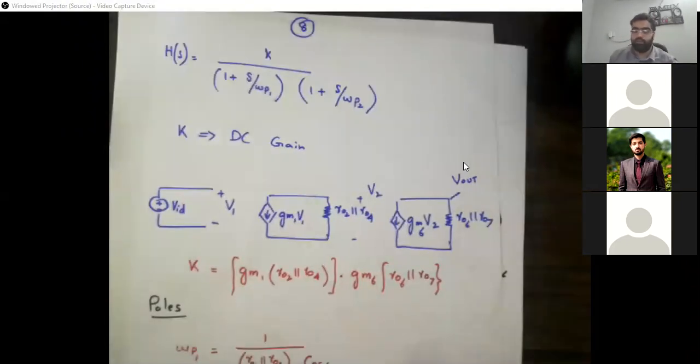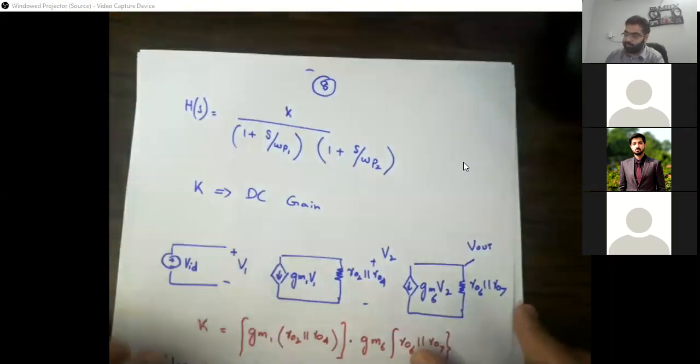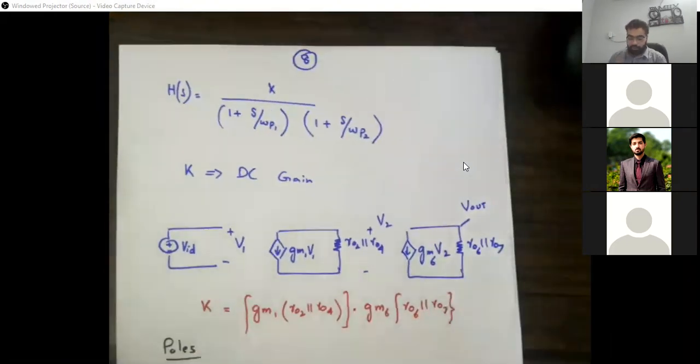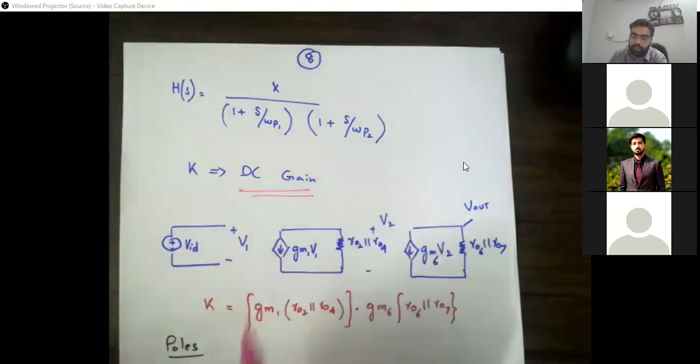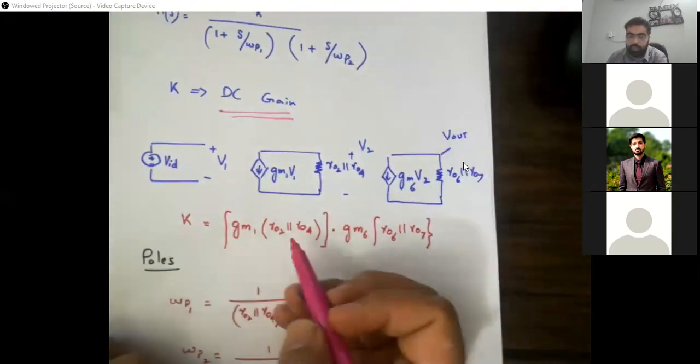Right. So first we just need to find the DC gain. What will the DC gain be here? It's a little bit straightforward since we already did our calculation. We just need to remove the capacitance and we can easily find our expression, because at DC, or omega equal to 0, the impedance is going to be infinite. So if we talk about DC gain, our circuit is going to be something like this.